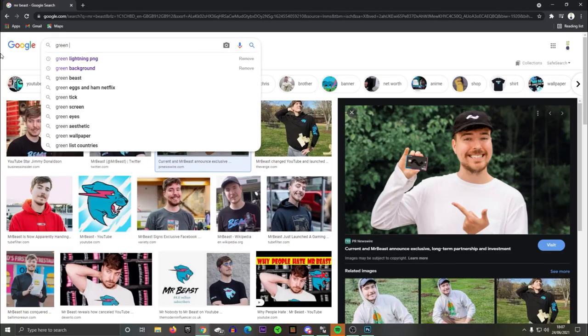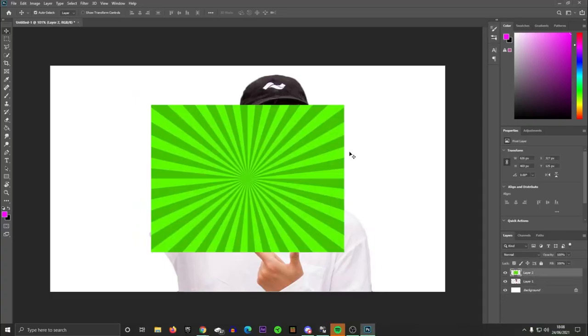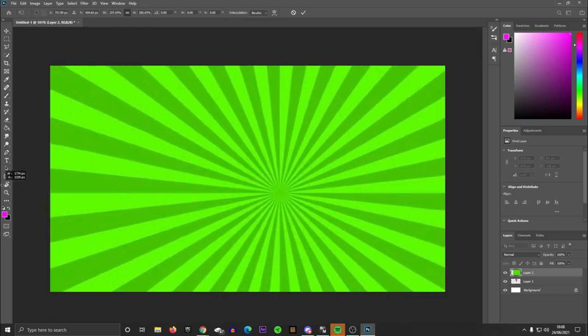Time for a background. My friend Sabotage Hudson showed me this. Search up a color and background. Get one that looks like this. Use the same technique before to resize it and have it behind the character to emphasize it. Would you look at that?